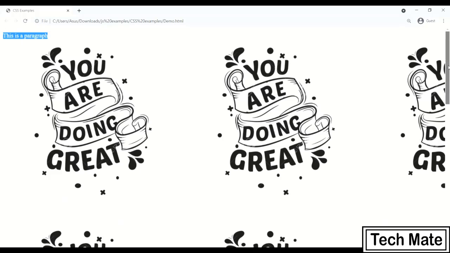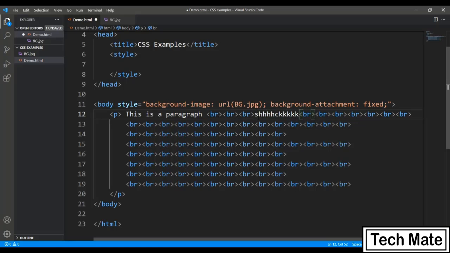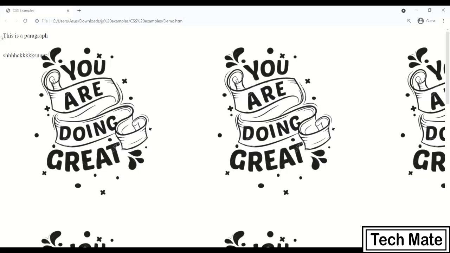Alright, let me put some content as well so that you can feel that. I'll put it somewhere in the middle so that you can see it scrolling. Here you can see only the content is floating, but there is no change in the background. It is still. Alright, so this is about the fixed background.